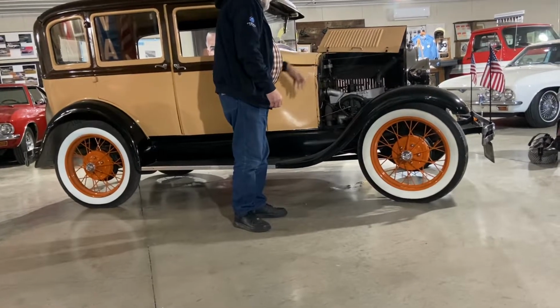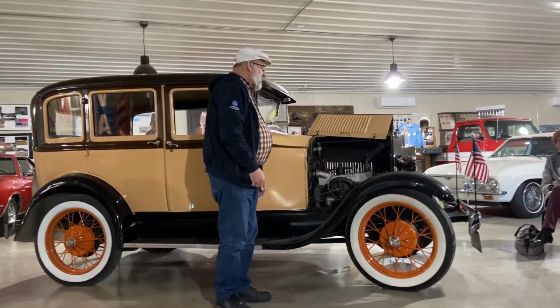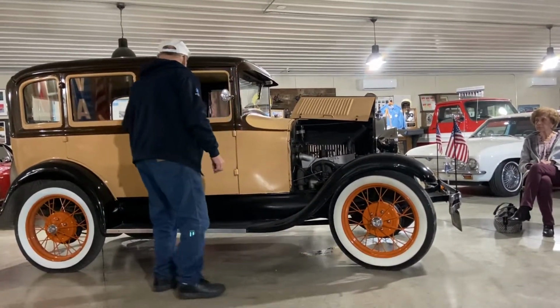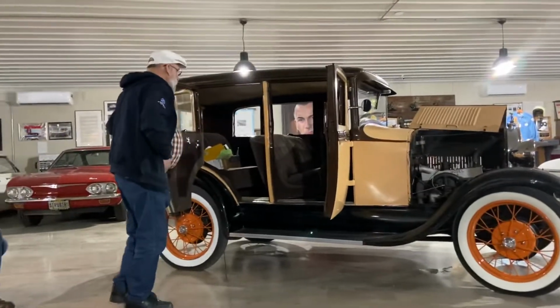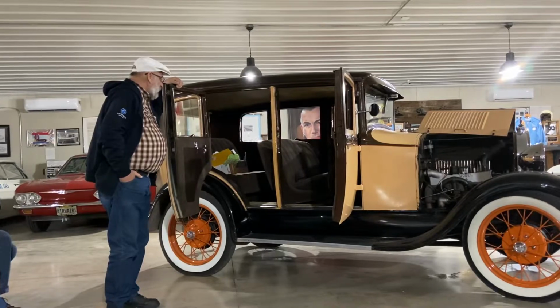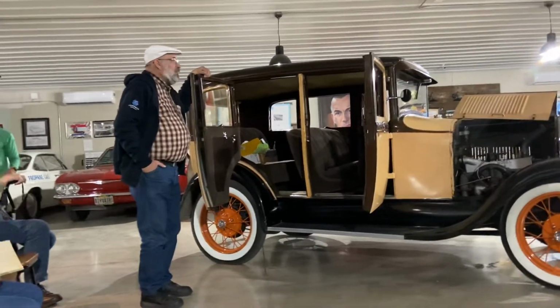So this is 40 horsepower. It's twice the horsepower of the Model Ts. The interior, if you want to look inside, you can. And so the cloth seats are standard. This, I think what it's called,